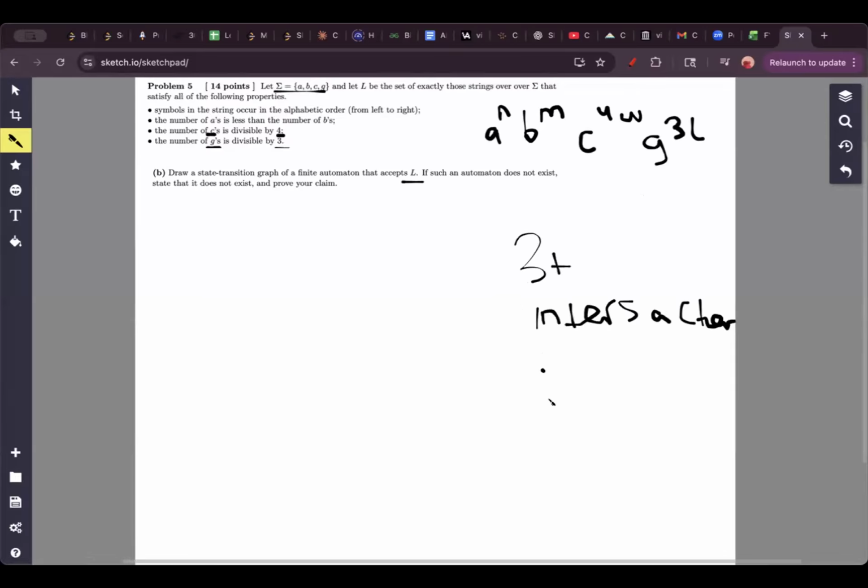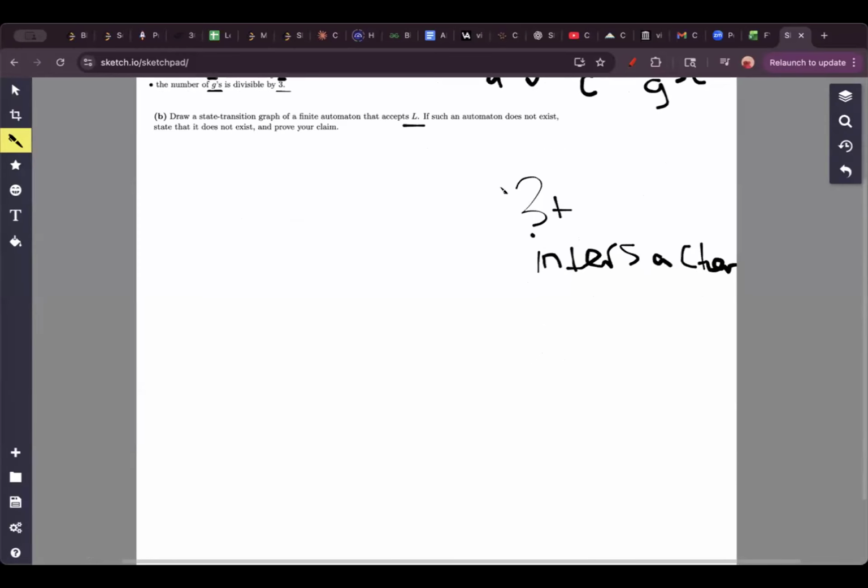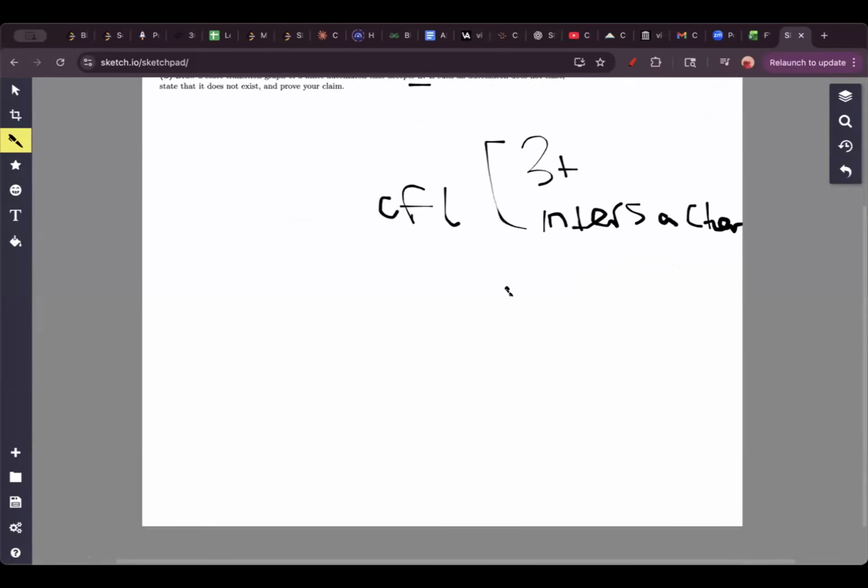But for regular languages, it's a little bit different. So this is for context-free grammars or context-free languages, and for regular languages,